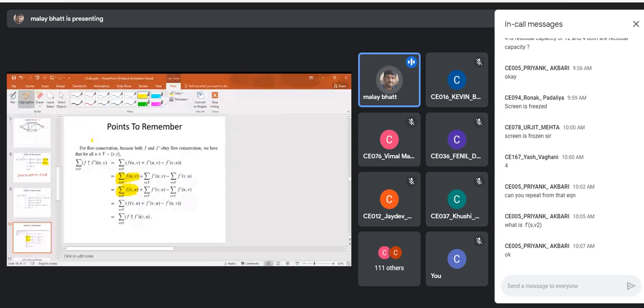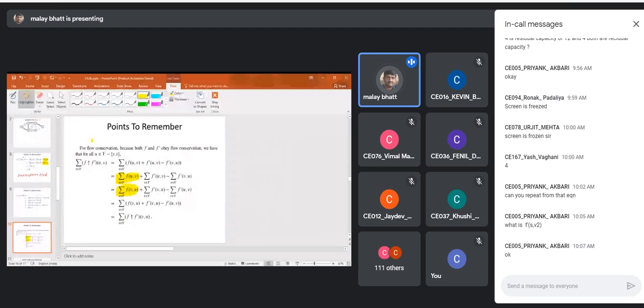The outflow from the node u will always be equal to the inflow to the node u. So instead of f(u, v), which is the outflow, we use flow conservation and write f(v, u), which is the inflow to the node u. It is flow conservation for each term, right? Once we write that for each term, we can take this summation as a common term.